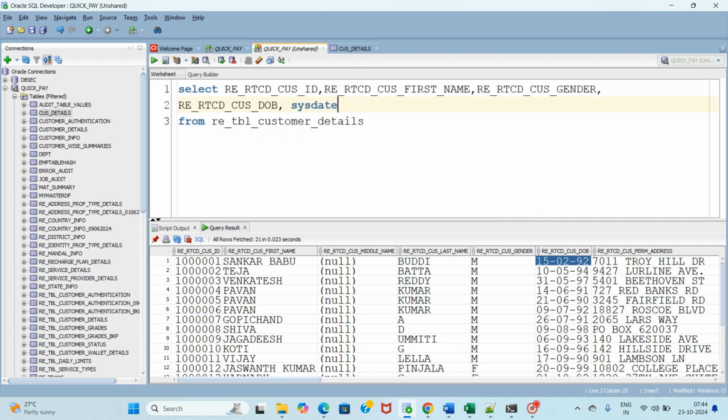I can say customer age. Sysdate in Oracle means the current date and time, right? Sysdate minus date of birth. If you give 365 here, one year equals how many days? 365. We cannot guarantee that it is a 365-day year. I'll tell you how to calculate the accurate days of the year in the coming sessions. And I can give the alias customer age. If I go on executing this query,